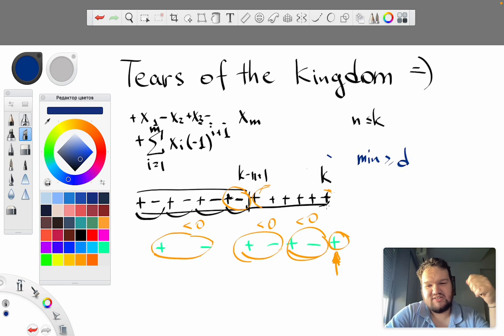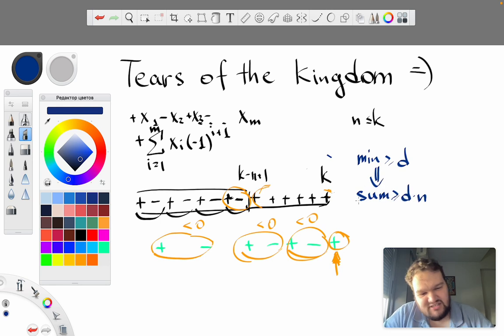We need the minimum to be at least d, so we need the sum of the elements to be at least d multiplied by n. This is a necessary condition. It is not sufficient, but if using those pluses